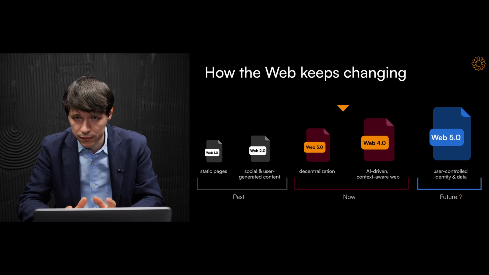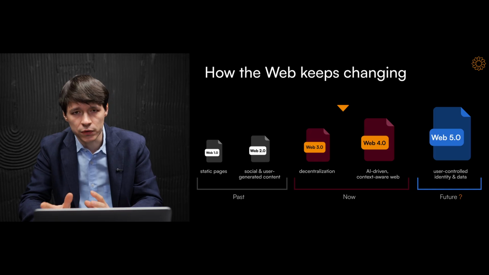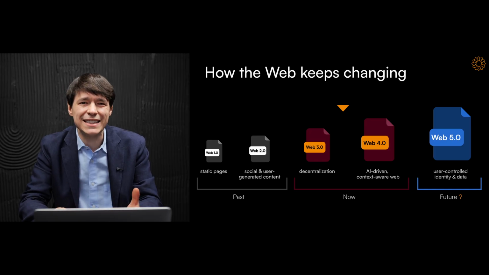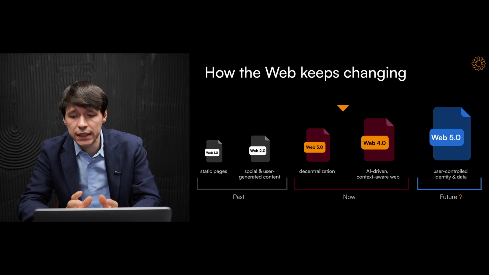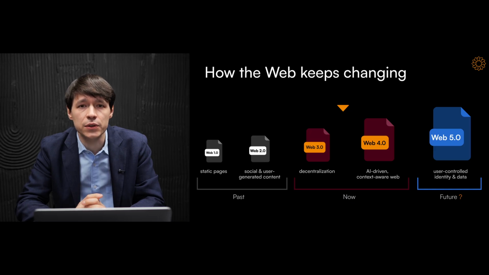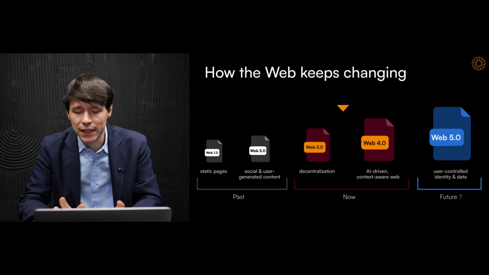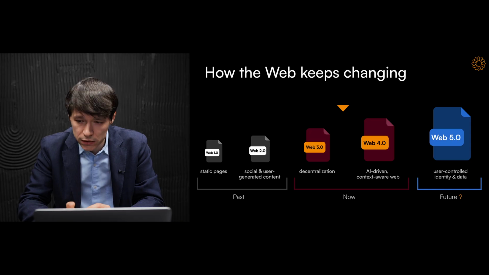Now, Web 5.0 is interpreted in a different way, either as an emotional web with machines understanding human feelings, or, I believe more sensibly, as a fully decentralized web where users control their identity and users control their data. Now, whether or not these labels become universally accepted and adopted, they reflect a trend in the global discourse.